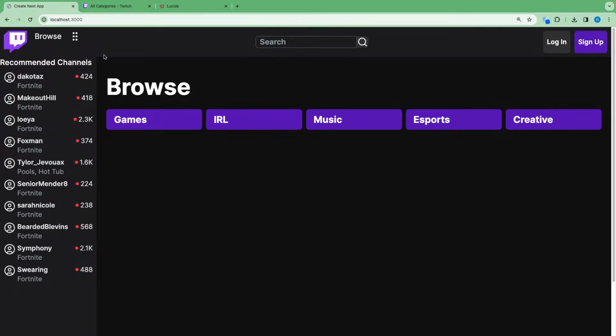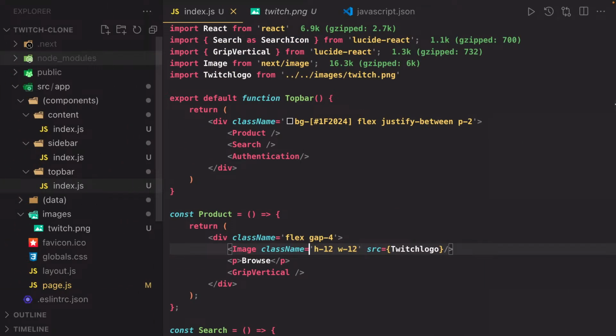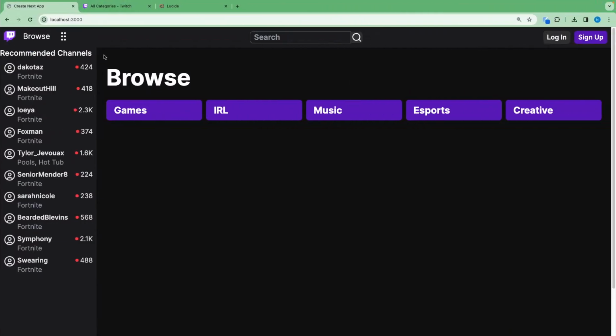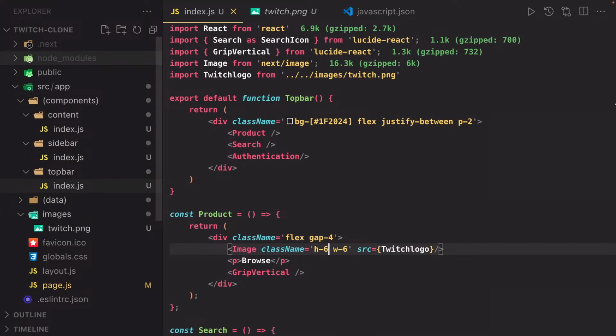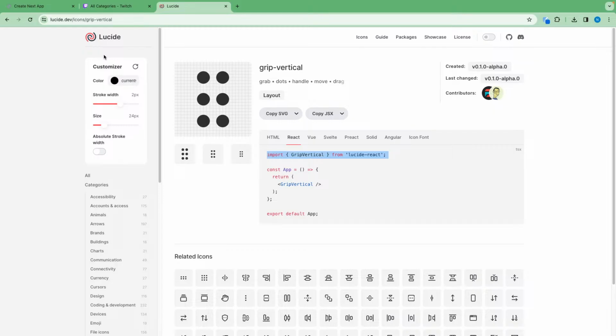This is big, I need to make it smaller. I will make the half of 12, 6 and 6. Okay. I think it's a little bit bigger in the actual Twitch website. So I will make it to 8, width 8, height 8, and